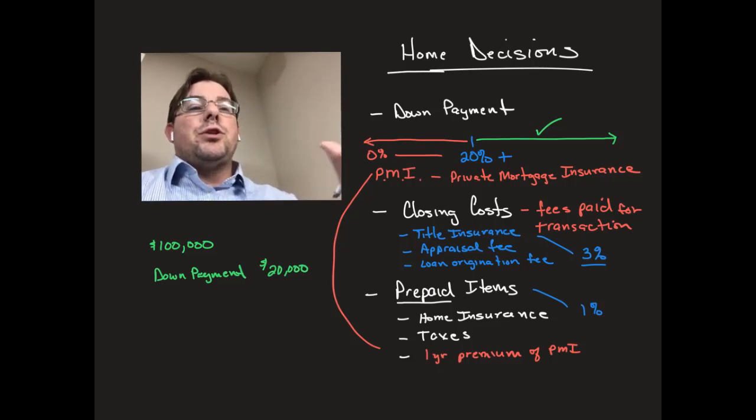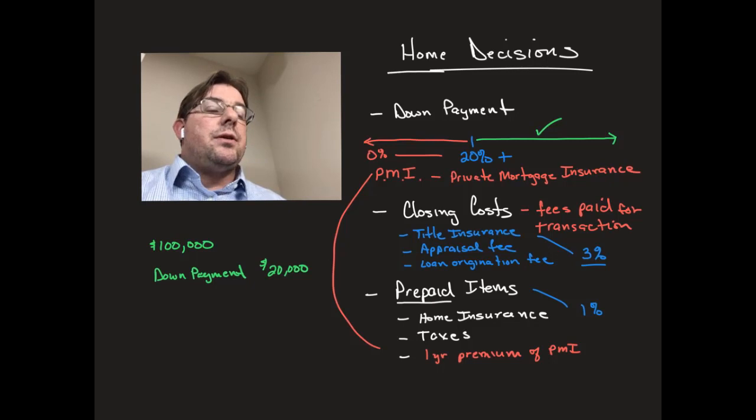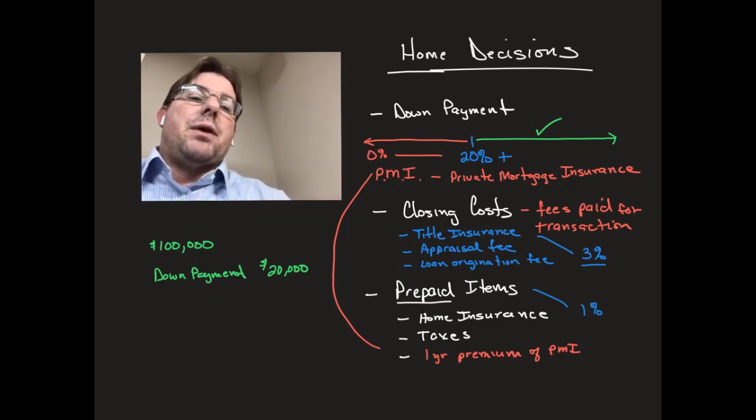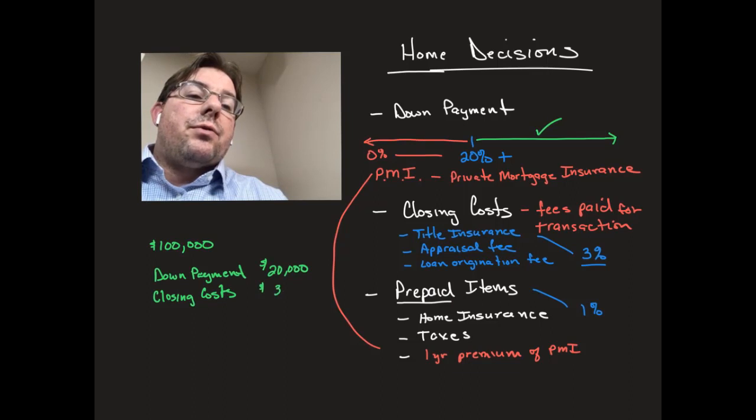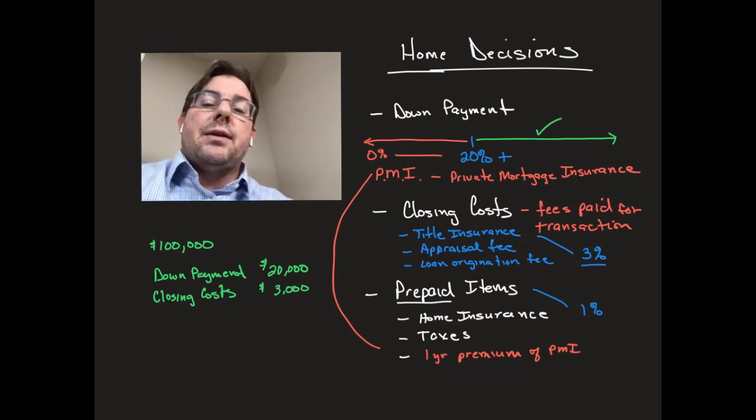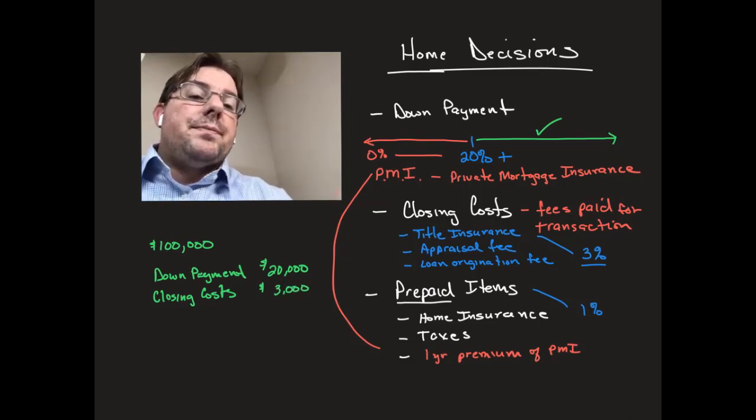But what I'm trying to do is just lay out a situation that would say the buyer is going to pay all of these fees. Doesn't mean that's going to be the case, but for this example, so that you kind of illustrate the point, if you'll just bear with me. All right, so then we have our closing costs. Okay, our closing costs would run around $3,000 at a 3% amount. And then we have our prepaids. Now keep in mind, the closing costs we do not get back. Our prepaid costs are going to be roughly around $1,000.